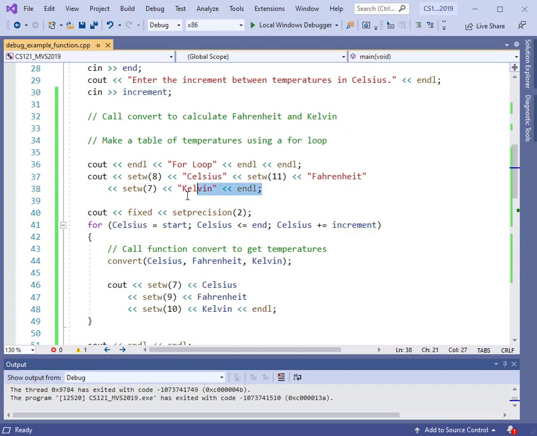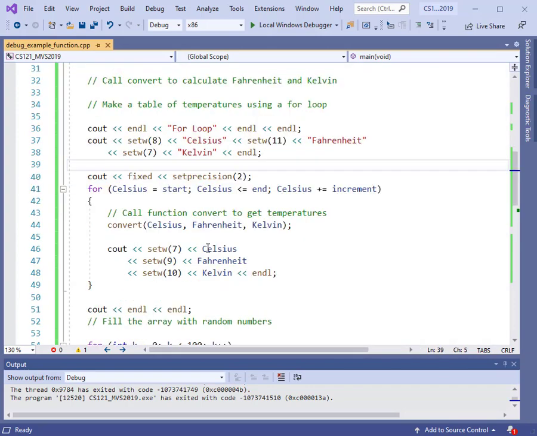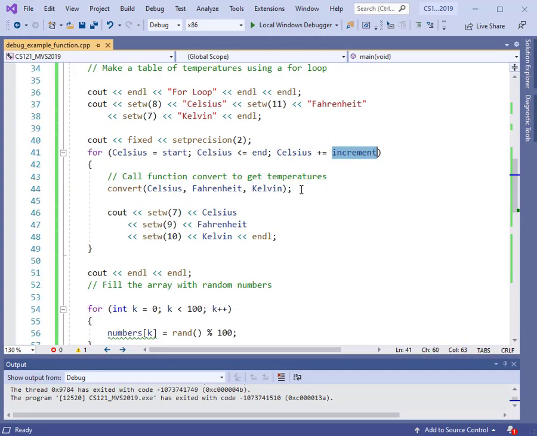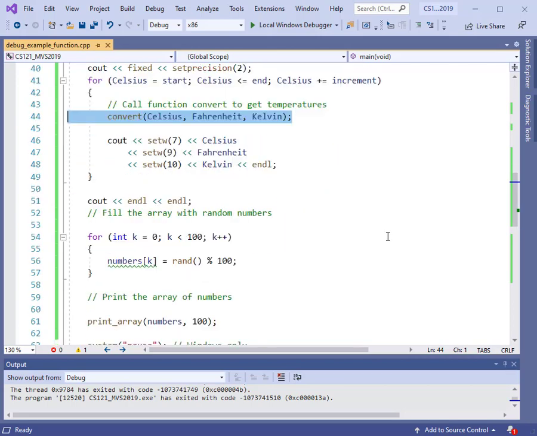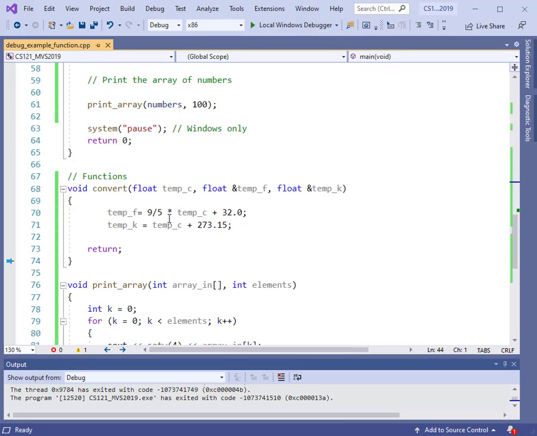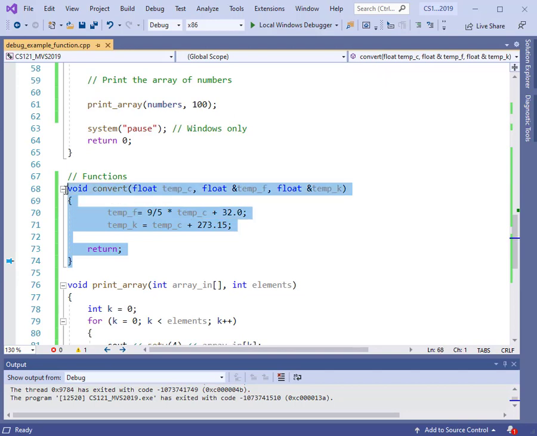So in this code here, we're just going to print out the labels for the columns, and then we have our for loop. So the Celsius temperature will go from the start to the end, and it'll increase by that increment each time. But this time I'm calling a function called convert, and this will convert the Celsius temperature to Fahrenheit and to Kelvin. So if we take a look at that function, then here it is here,